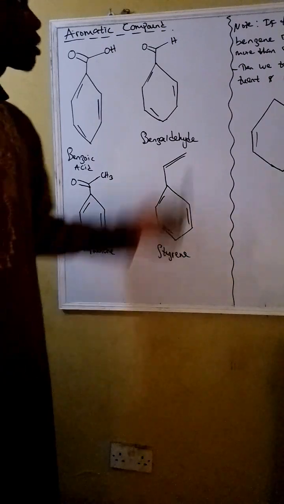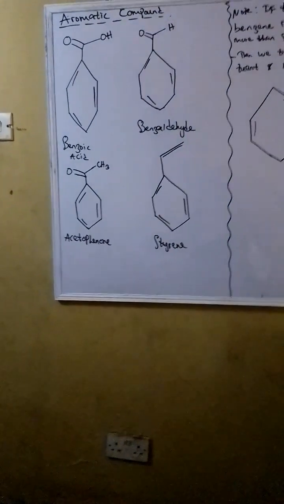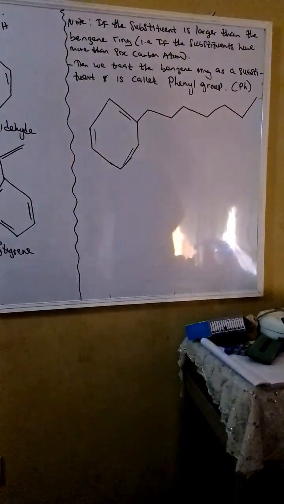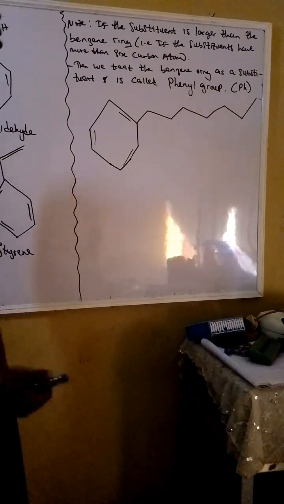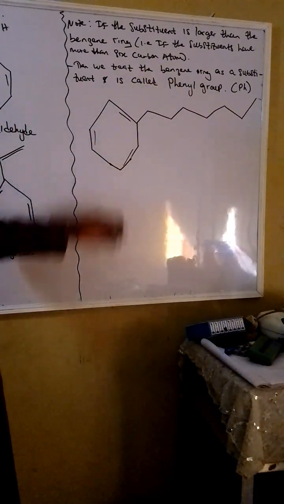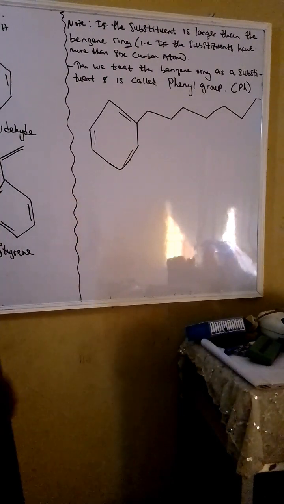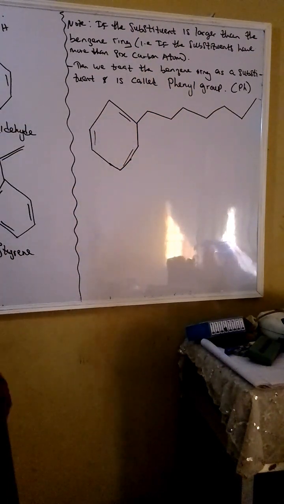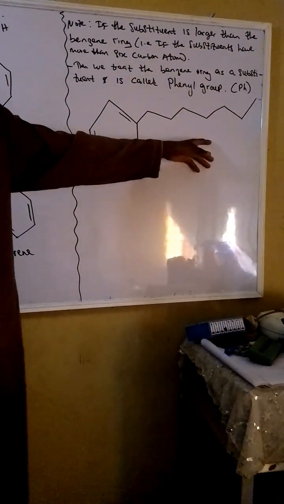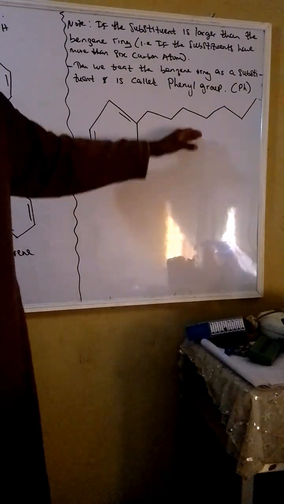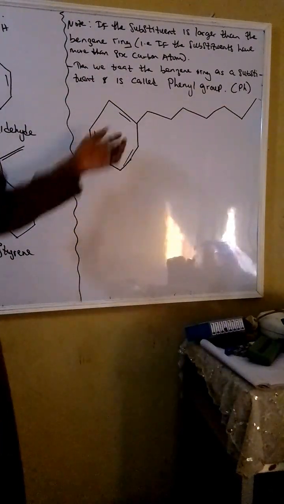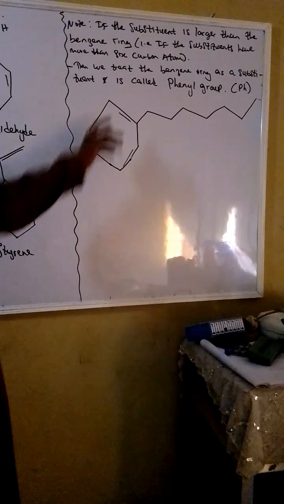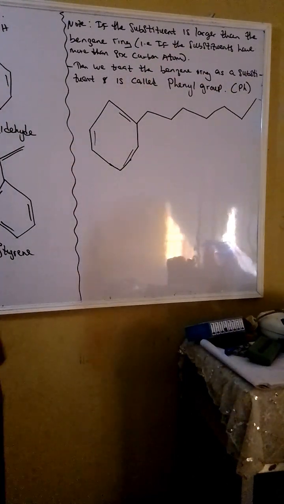So let's talk about another important thing we need to understand under benzene naming. You see, at times in this life it is give and take, or vice versa. At times it might be rich, at times it might be broke. The same thing: at times benzene is the master, at times it is the slave. You get my logic? If the substituent is bigger than the benzene ring, that is, if it has more than 6 carbon atoms, then the benzene is the slave and the substituent is the king. If the substituent has many more carbon atoms than the 6 in benzene, automatically we treat benzene as a substituent. We treat it as a slave, and we